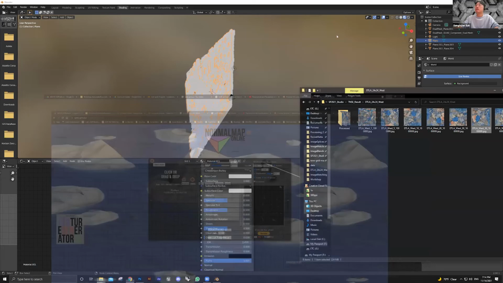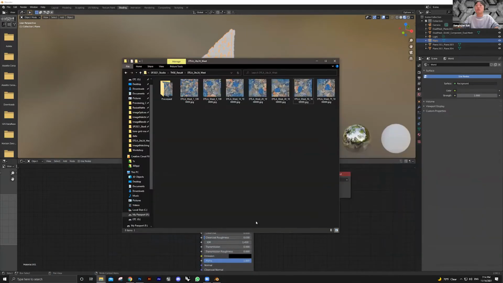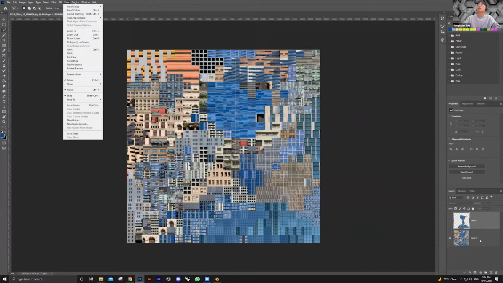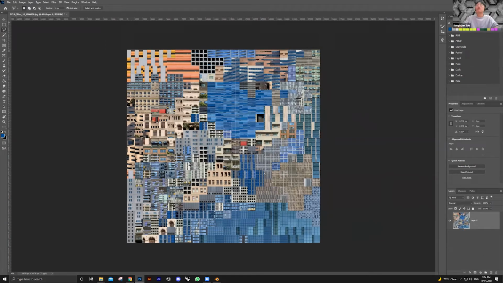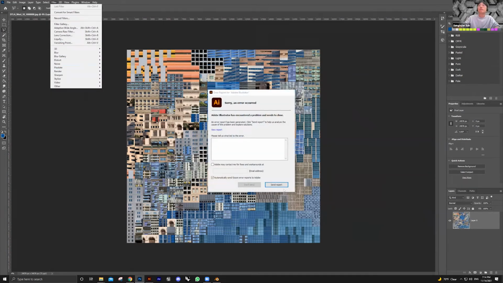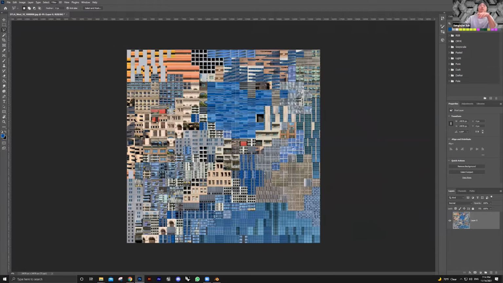It's okay. We are just going to use Photoshop as a normal map generator. If you select the filter, under 3D you can actually generate the bump map and the normal map. Okay, so if you hit this one,